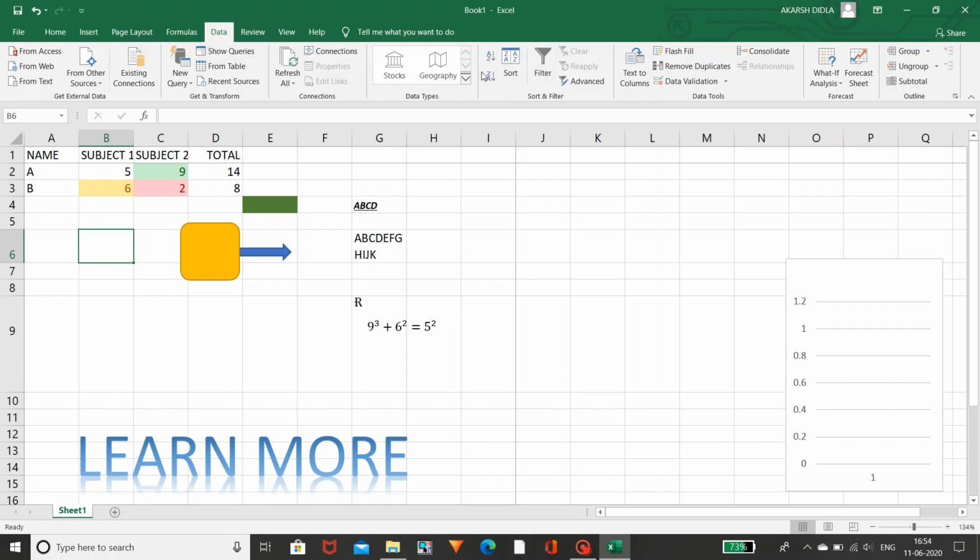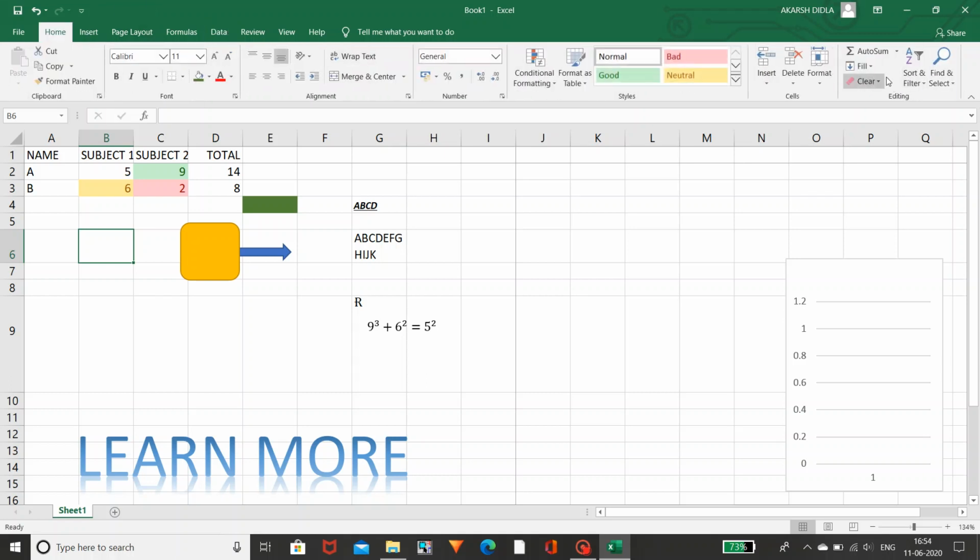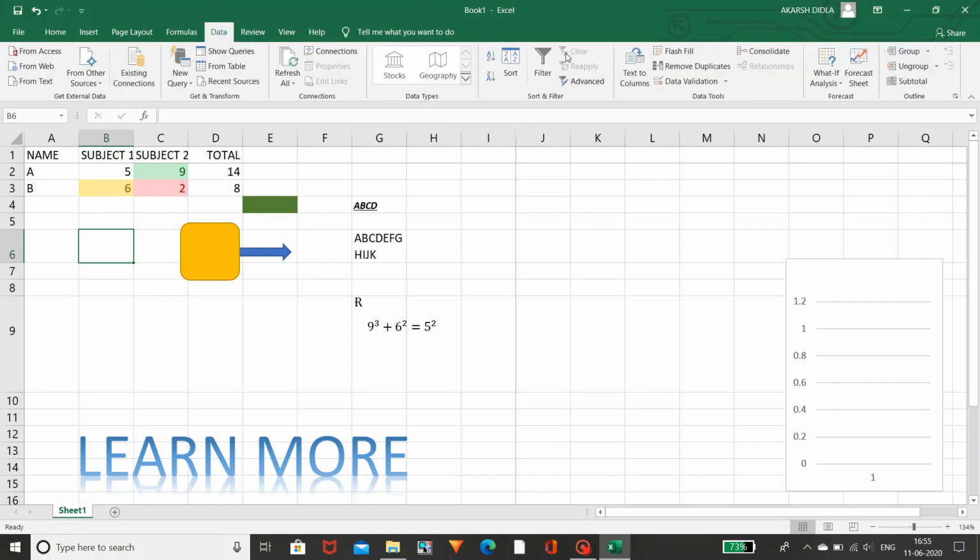So you can see this sort option and filter options in the home page too. If you want to sort it, you can use it here, or you can go to the data option and use these options. And coming to the data tools, there are different types of data tools. You can use these data tool options. And coming to the connections, if you want to do any connections like this, you can use it. If you want to extract data from online sources, you can use these data sources.